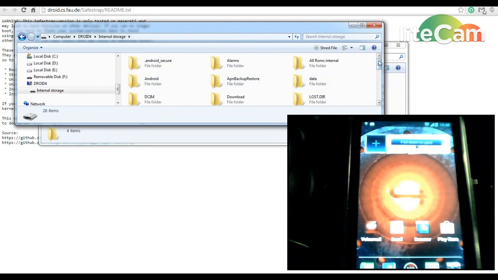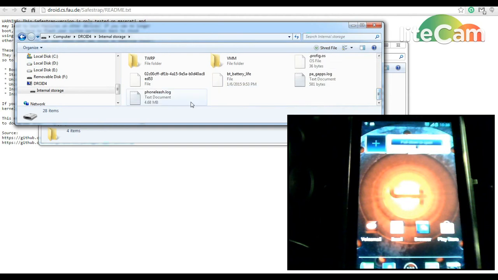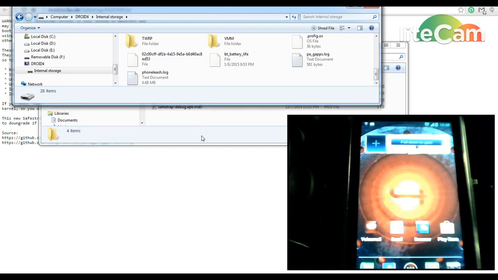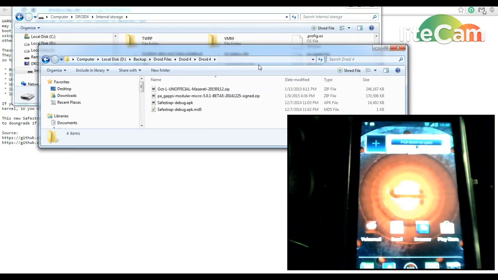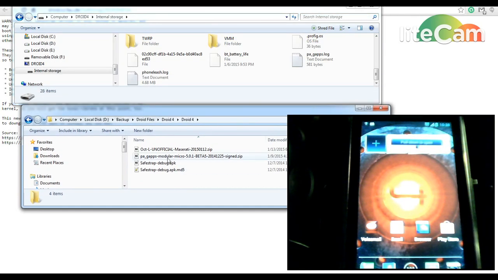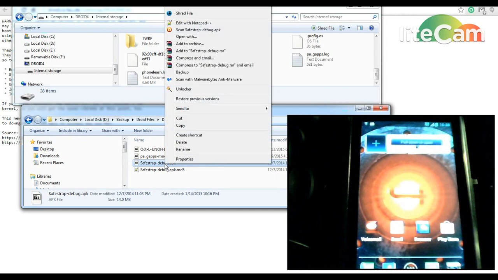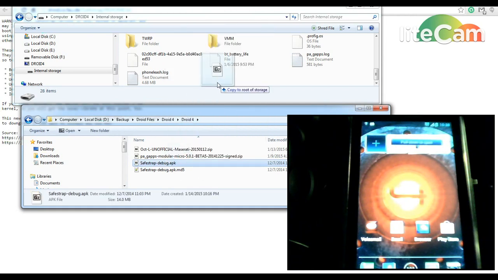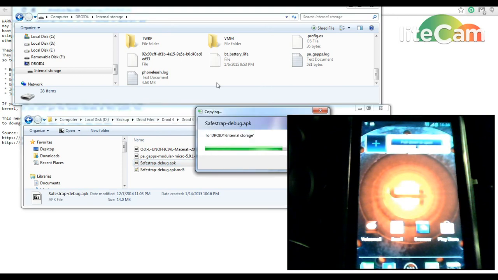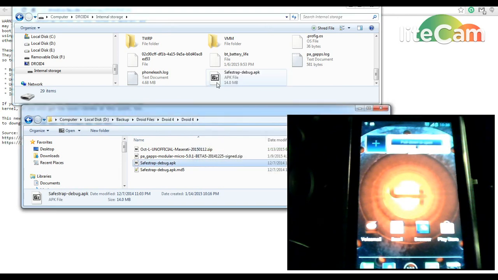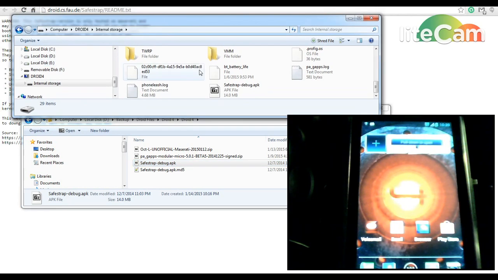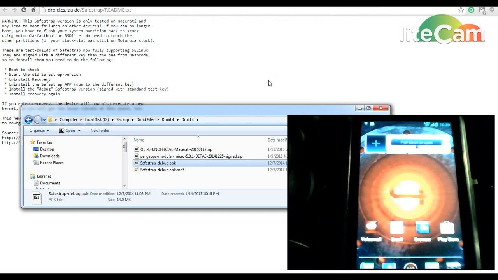You can make a folder for Droid 4, or you can just place it directly on the storage without a folder, and you can just copy the file, or you can just drag it over here like that. And then I want to go ahead and close the Droid 4 storage, and then